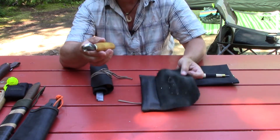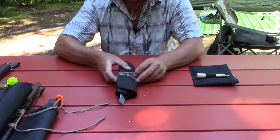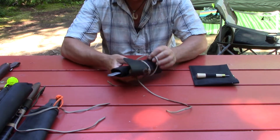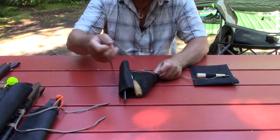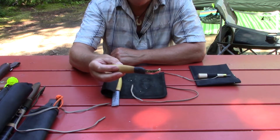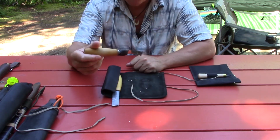It's just a small leather sheath that I made for it to keep it from cutting anything up. Then as time passed, I added 2 more tools to that kit. Another Mora double-edged spoon knife, and this one has a much shallower curve to it, and this has become my